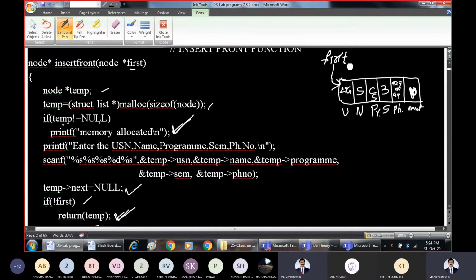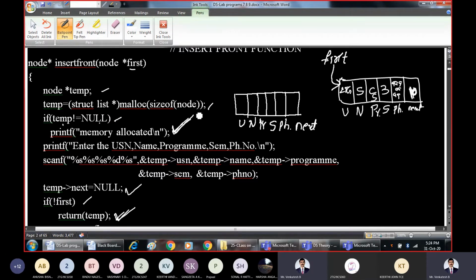First is pointing here. Now take one more node. As you are inserting at the front side, for better understanding purpose, I'll write it here itself. The second node, because you want to store the details of the second student now. This is USN, this is name field, this is program field, semester field, phone number field, and next pointer field. So one more node is created.